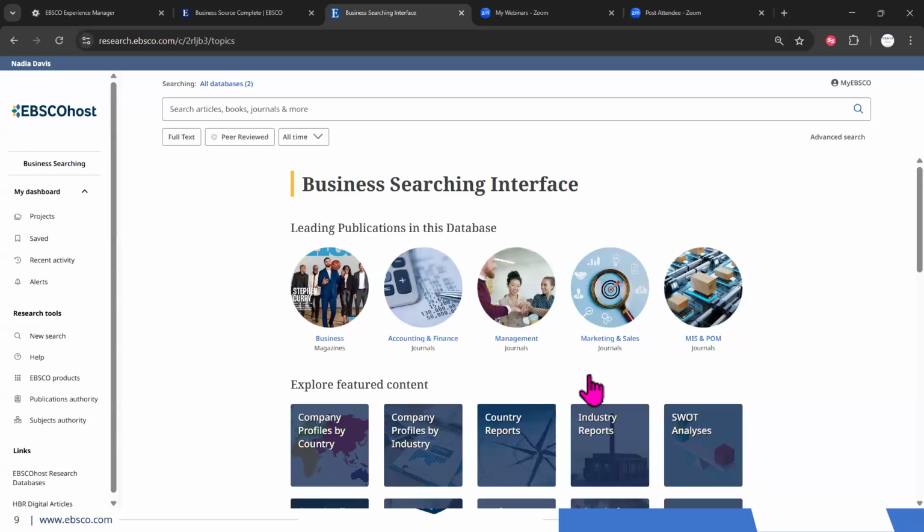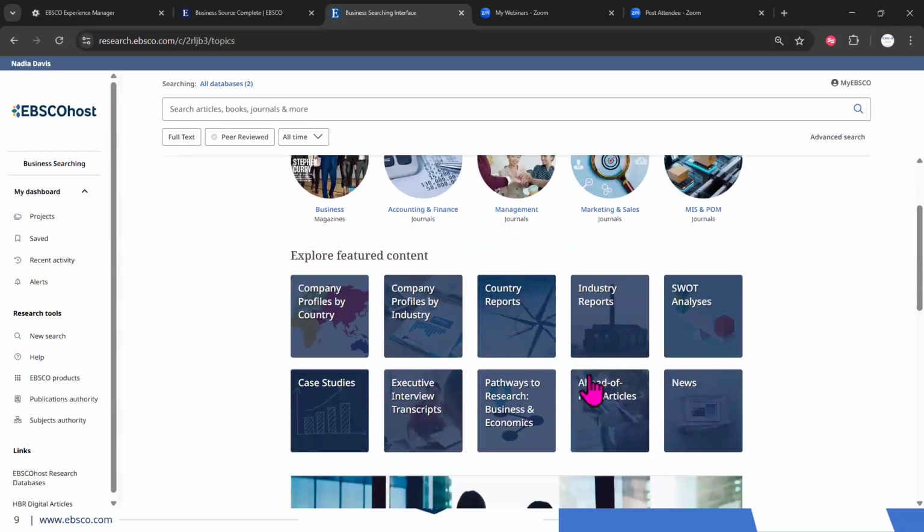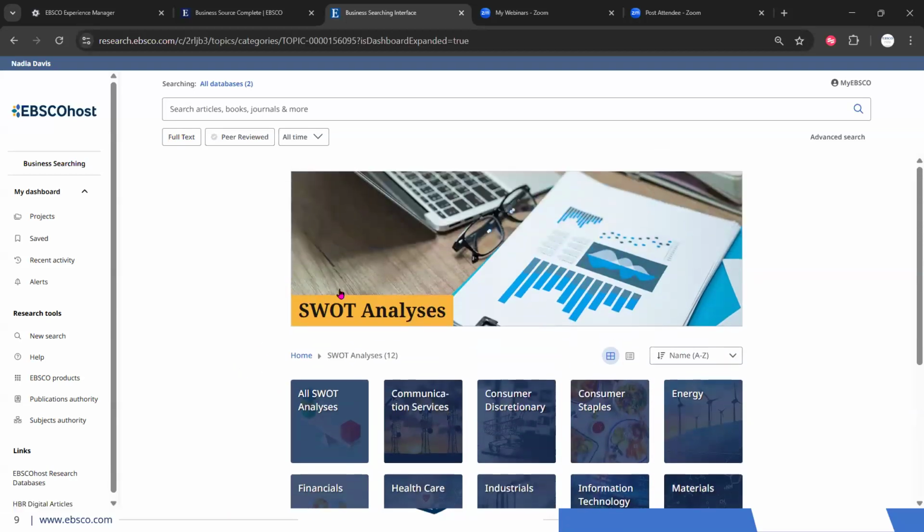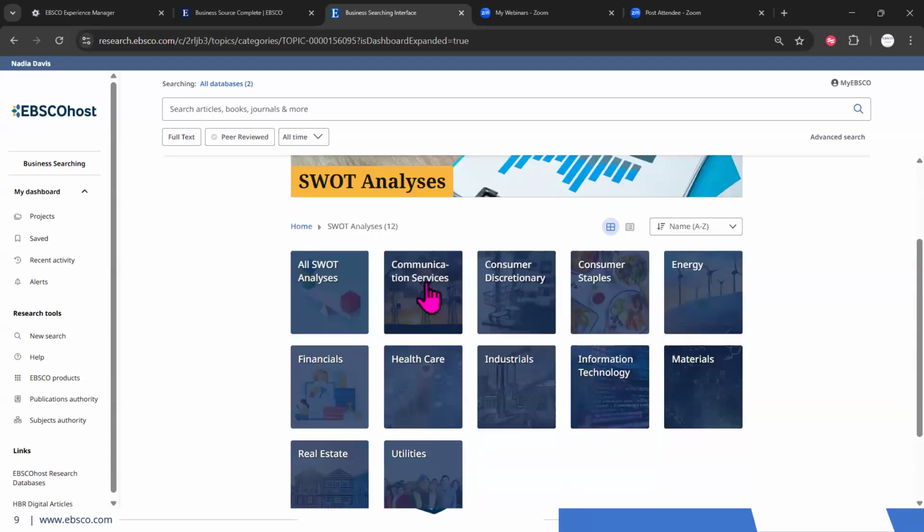I really love the featured content and the fact that you can navigate in there quite quickly. We are going to focus a little bit more on these shortly. Another option for company research or business research is SWOT analyses. So you can just go very quickly into all, or if again you're looking for a particular industry, so communication services or healthcare, you can navigate directly into these and then browse. So if we go into all SWOTs,